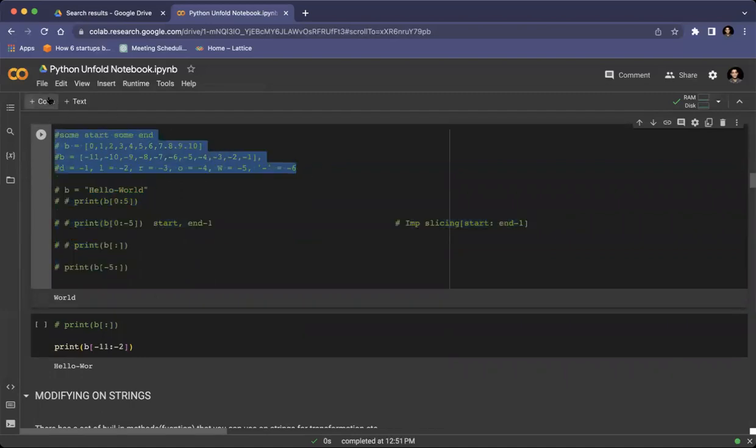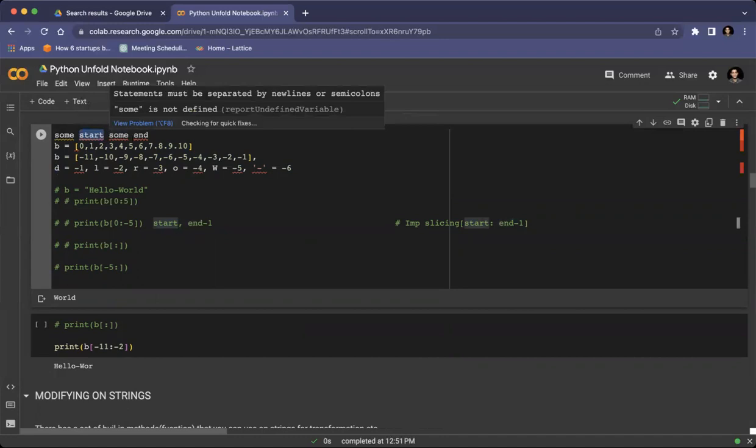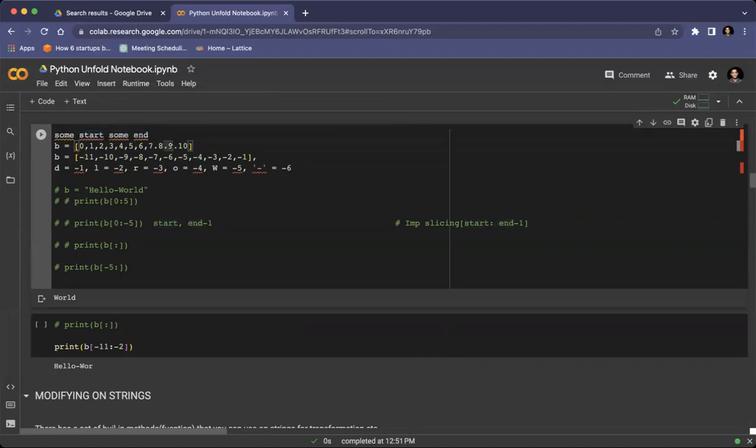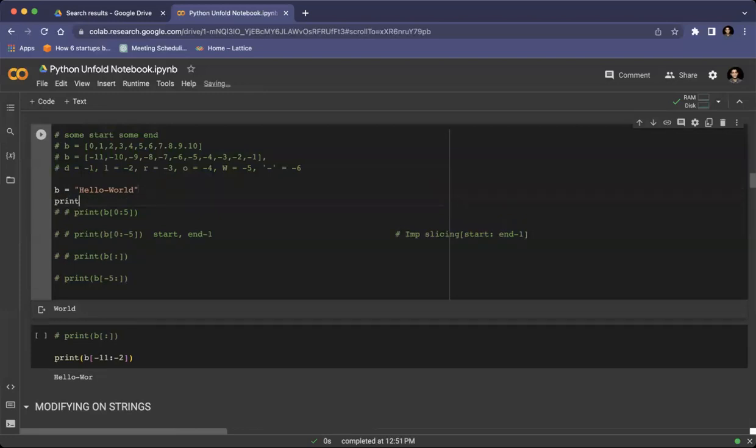As I told you in earlier classes, how a for loop works, you can see the recordings. String slicing works on the same thing. There is a start index and there is some end index. So if I say there is a string, hello world, and you try to print the length of this string,